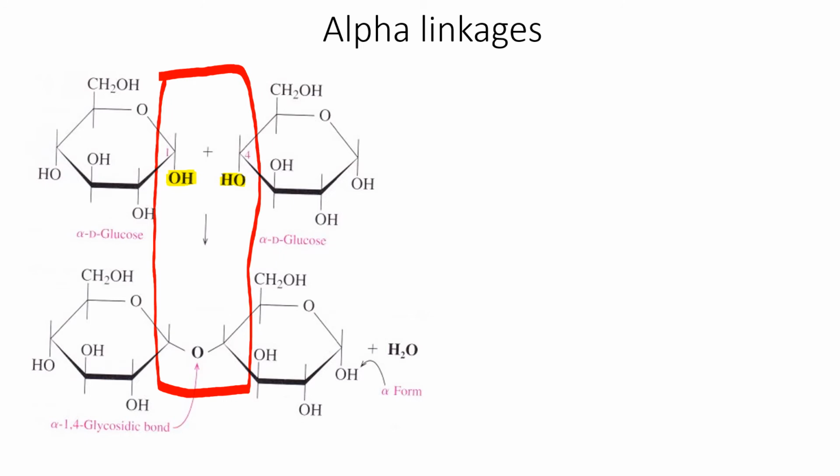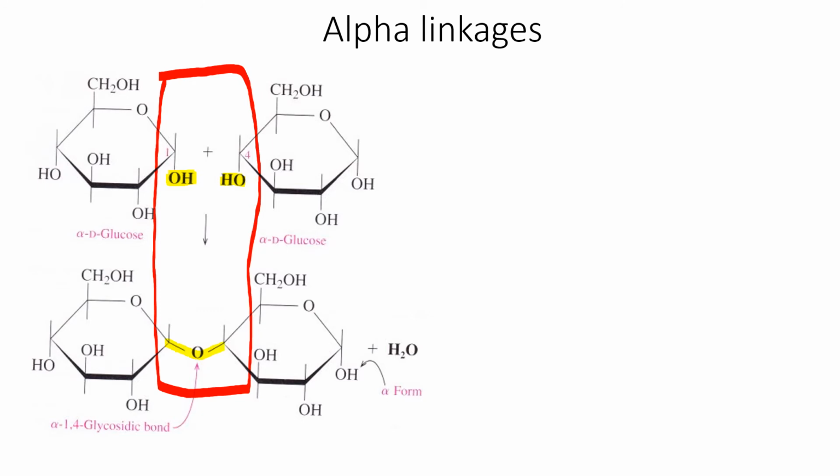So you see that's where we're getting the OHs from. Those are the ones that are going to react on the 1 position of one monosaccharide and the 4 position of another monosaccharide. And what's going to happen is those OHs are going to combine to form in the products